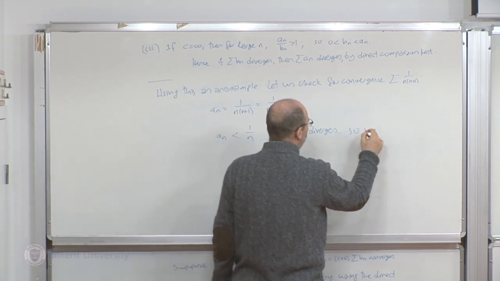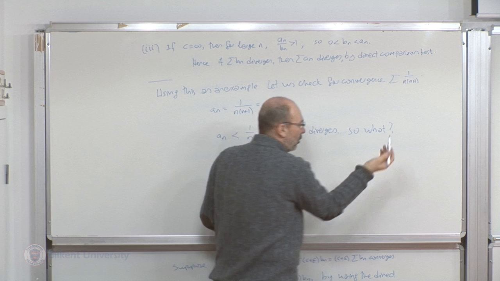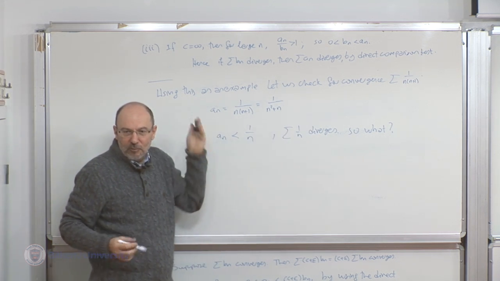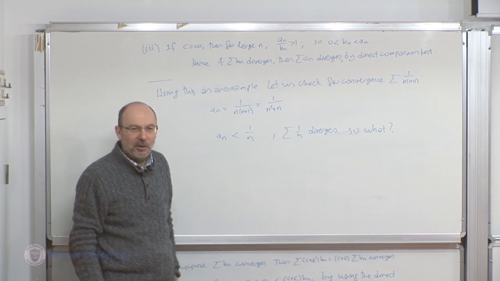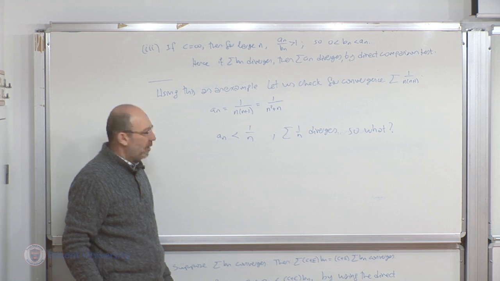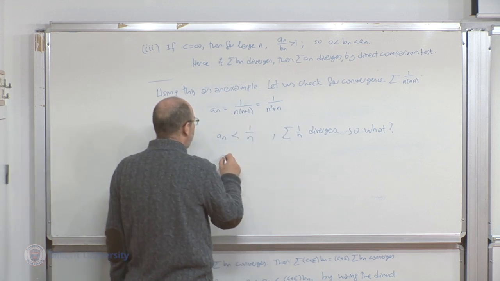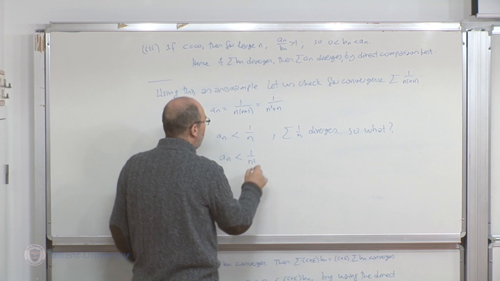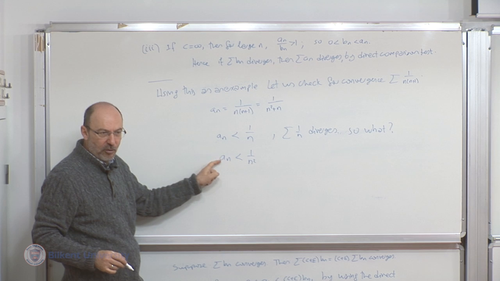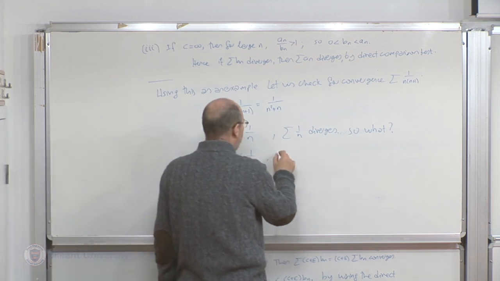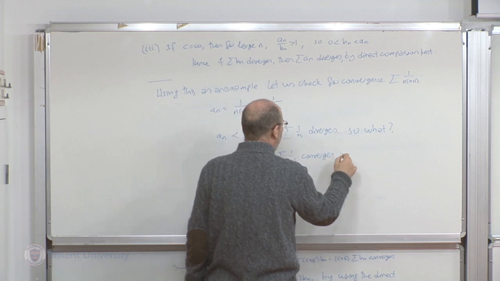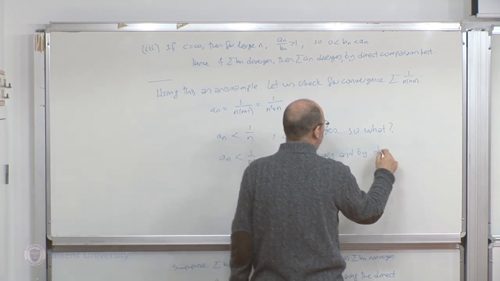So what? Okay, because the larger thing is diverging. Okay, he's a big brother. He can do whatever he likes. It doesn't impose any condition on this. So this didn't work. But on the other side, this is also less than 1 over n squared. Okay. But now this time, this guy converges, and it forces this to converge. Summation 1 over n squared converges. And by direct comparison test,